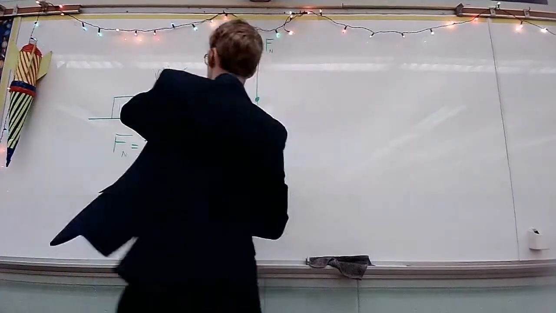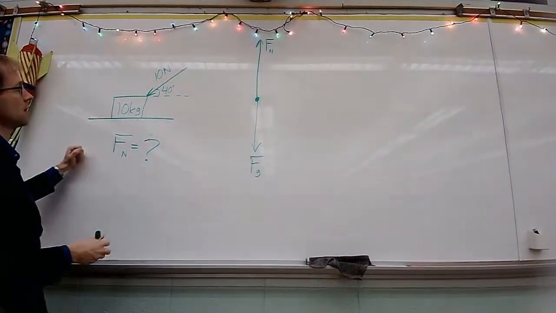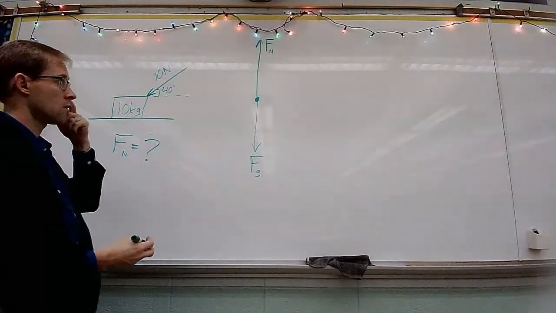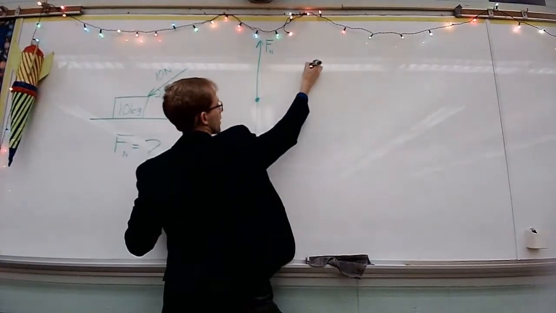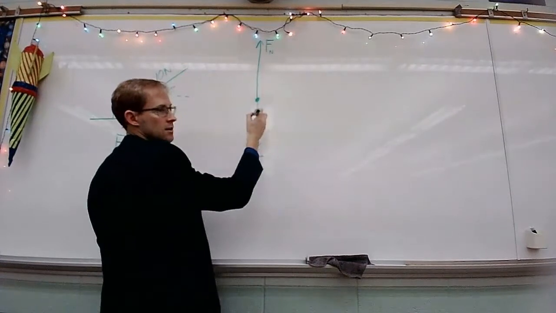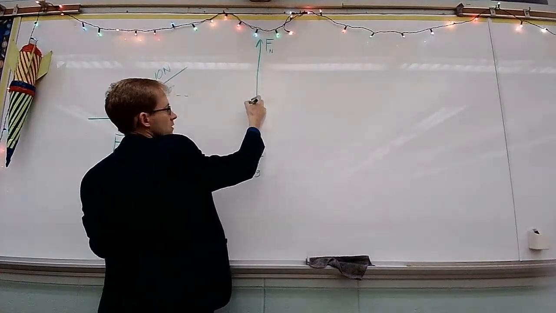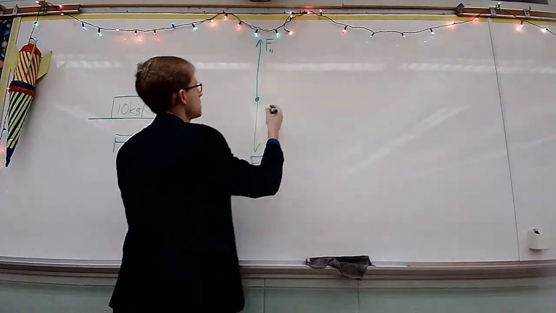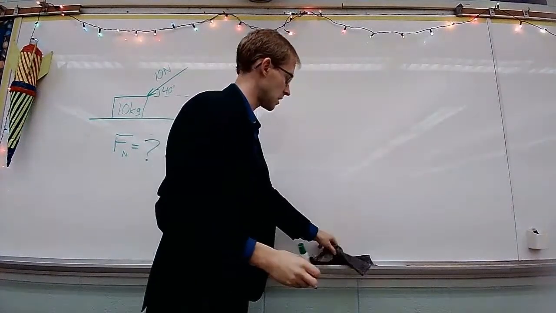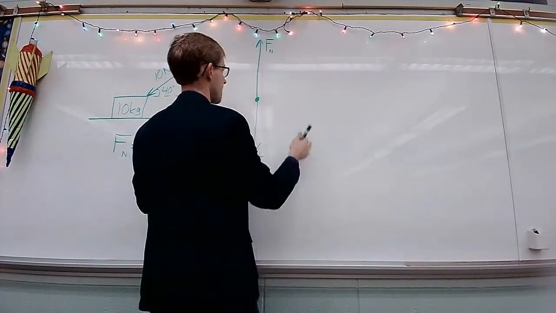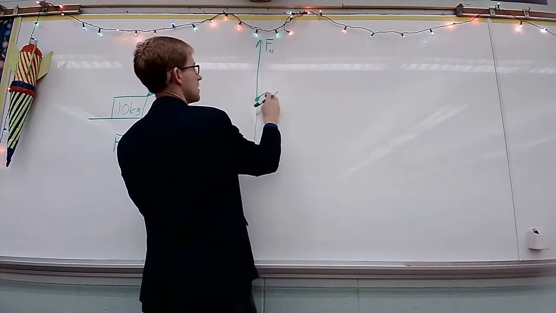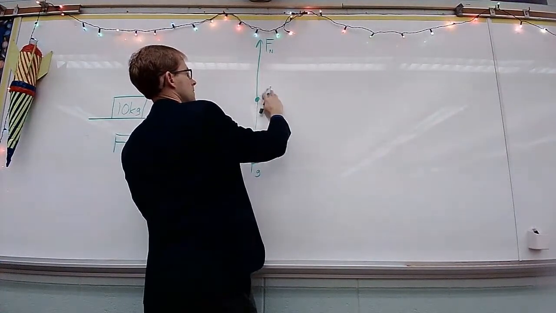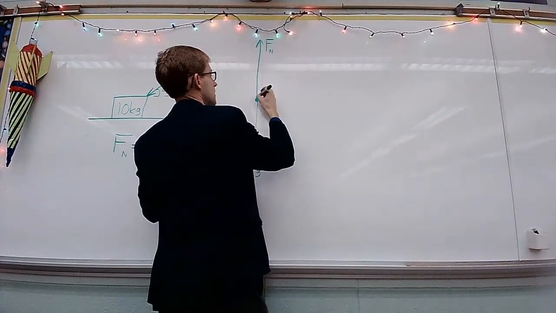Now, we've got this applied force coming down at this angle. And so, as I mentioned when we first were going through this, it's kind of like drawing a line that goes into your dot. And then what you need to do is continue that through. I'll do it again here. You're probably sick of me doing it the long way, but whatever. Here we go. So, if I've got this 10 Newton force, and it's going into my object,